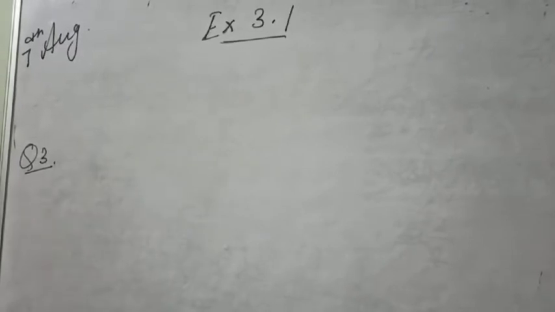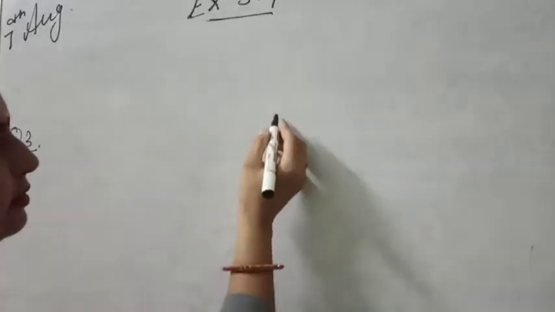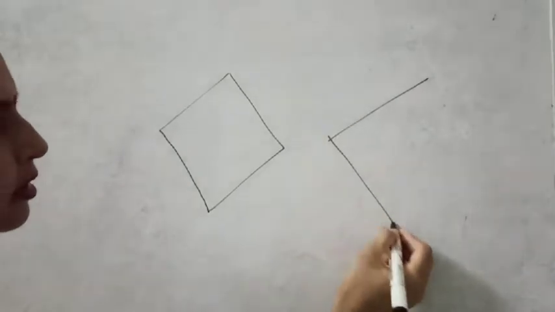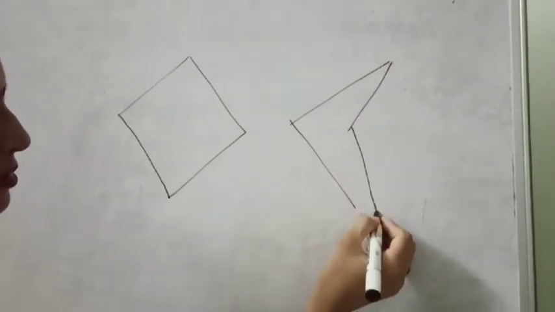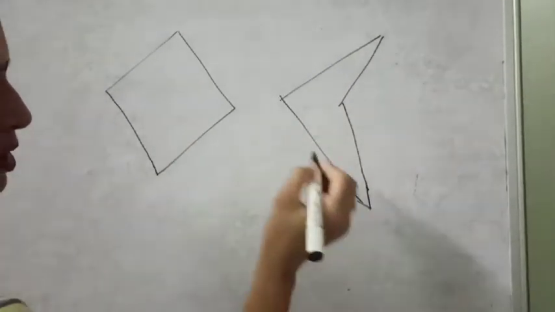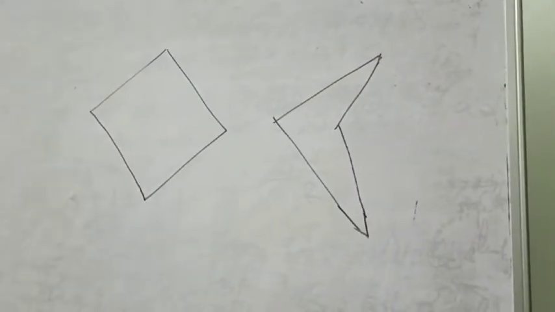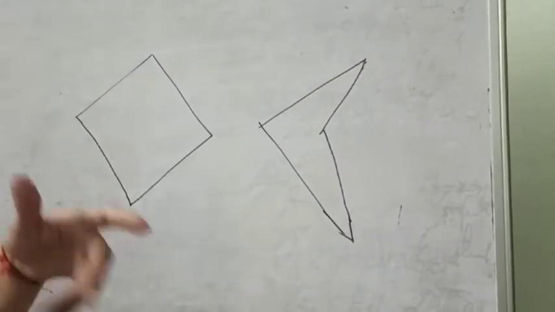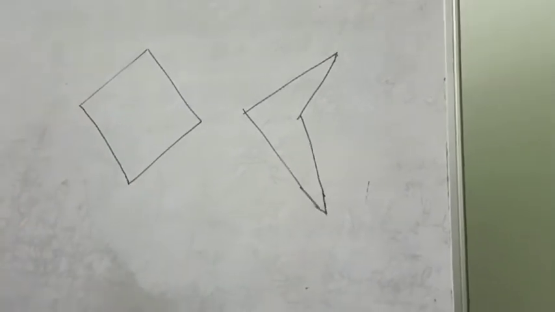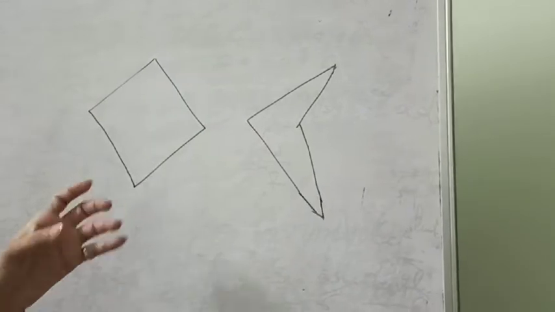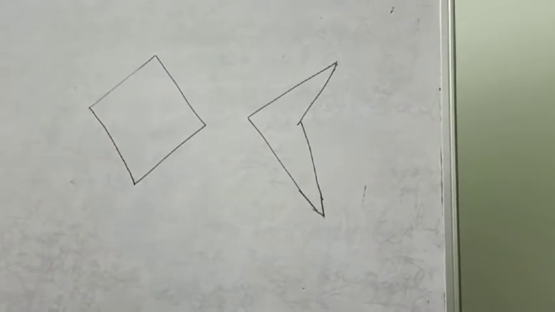Students, you know what is a convex quadrilateral. In our last video we have done about the convex and concave quadrilateral. Now see, I am drawing the two figures. I hope everybody will be able to judge which one is convex and which one is concave. Now in convex, all the diagonals must lie in the interior of the figure, whereas in concave, if any part of the diagonal is outside the figure, then it becomes concave.